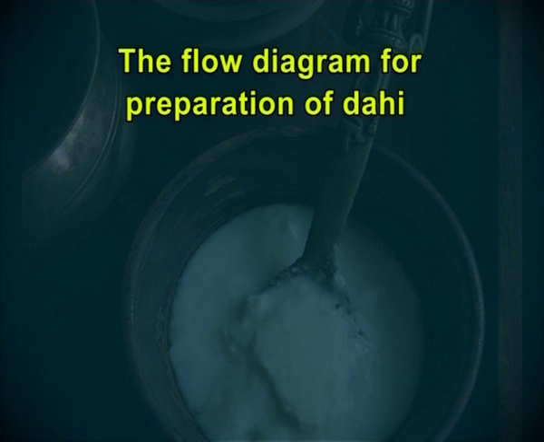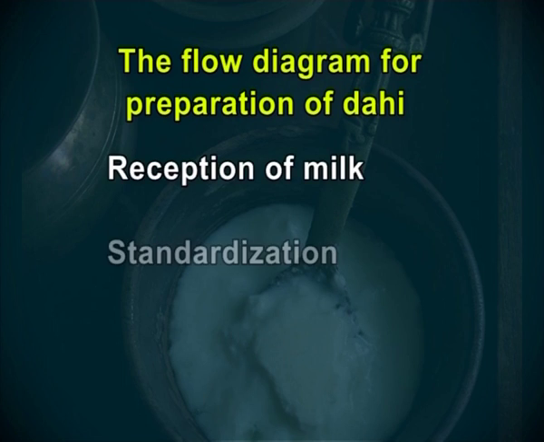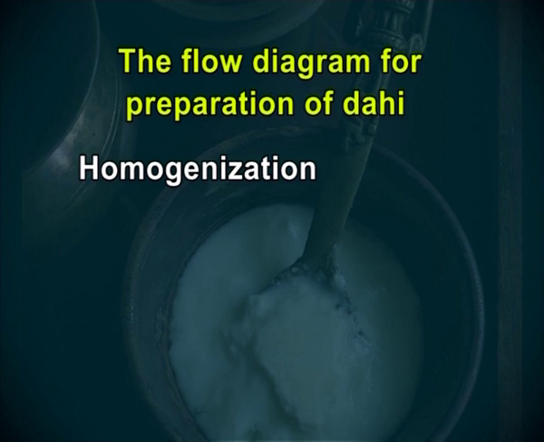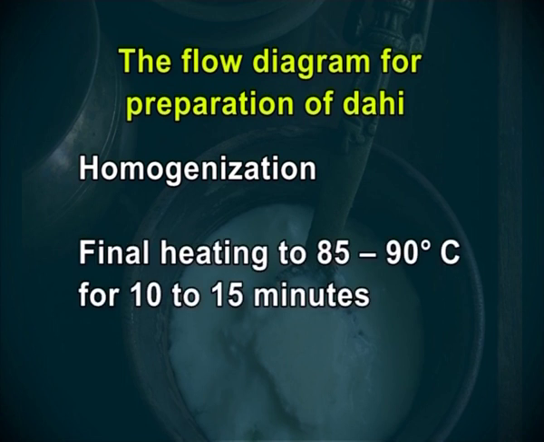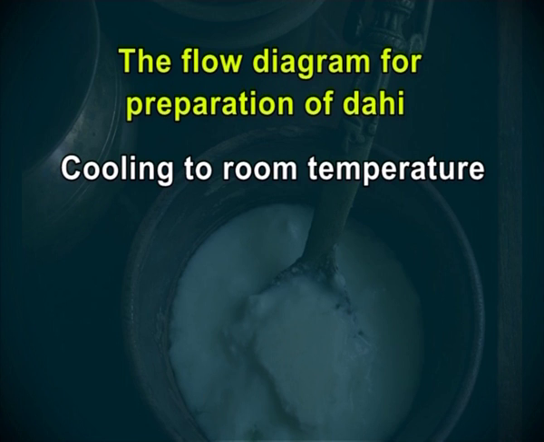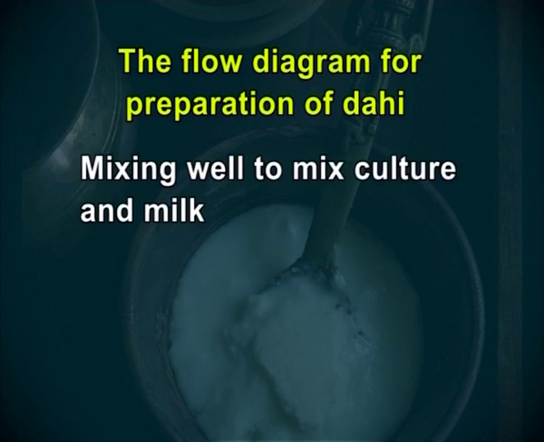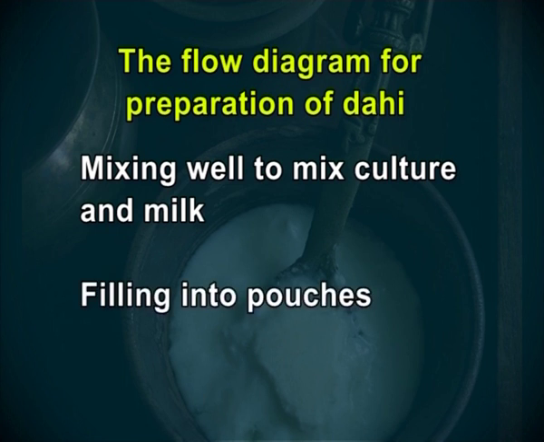The flow diagram for preparation of dahi is given below in Figure 3. Figure 3. The flow diagram for preparation of dahi. Reception of milk, standardization, preheating to 55 to 60 degrees centigrade, homogenization, final heating to 85 to 90 degrees centigrade for 10 to 15 minutes, cooling to room temperature, addition of active lactic culture, that is 1% of the milk, mixing well to mix culture and milk, filling into pouches,